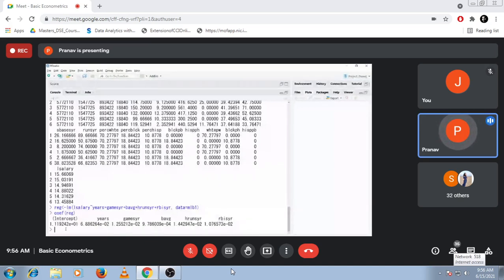So basically now my hypothesis is that coefficient attached with BAVG, batting average, H, home runs per year, and RBISY,